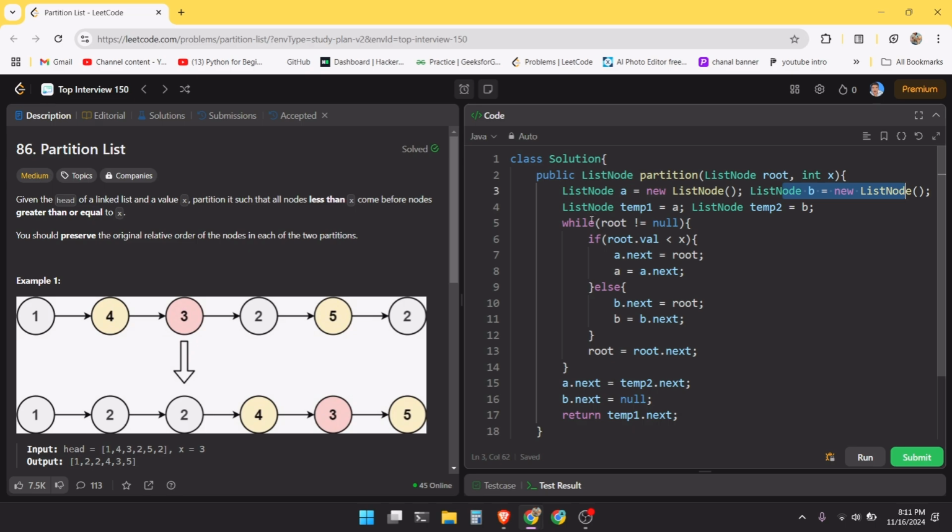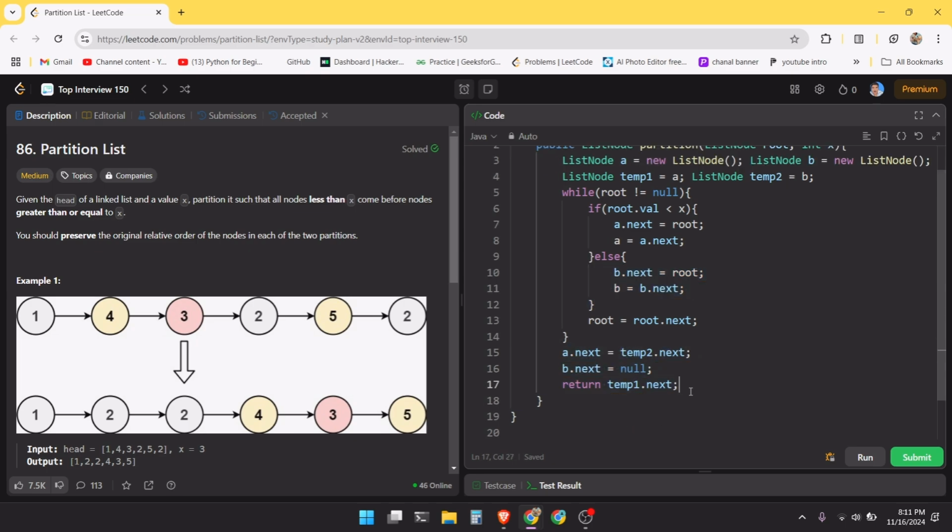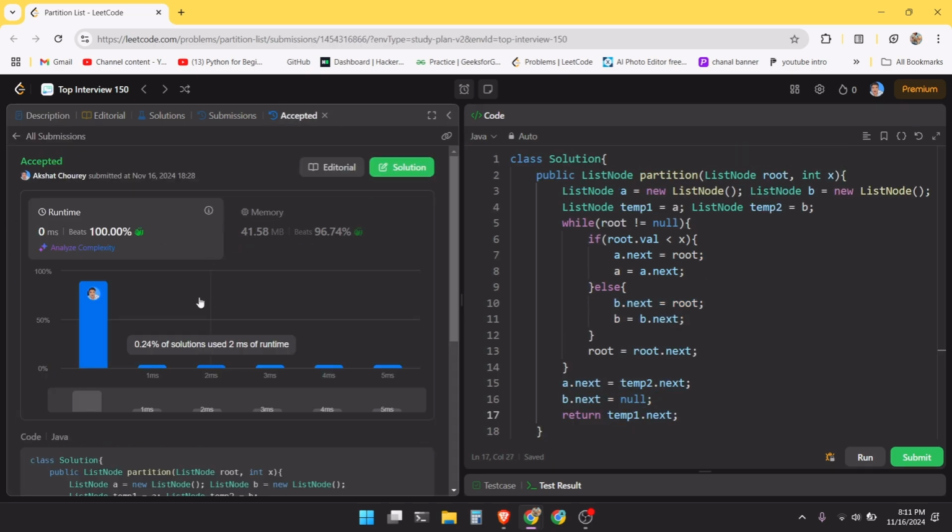And you just iterate over the given root. You keep adding either in b or a, and at the end you just return. So this is the space and time complexity,